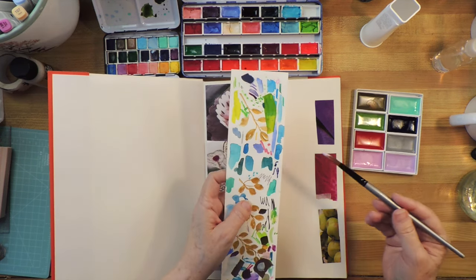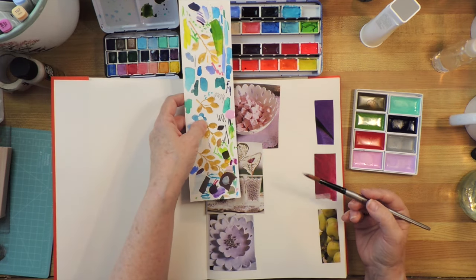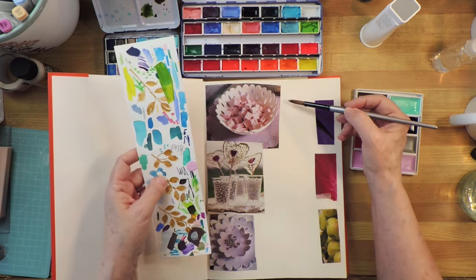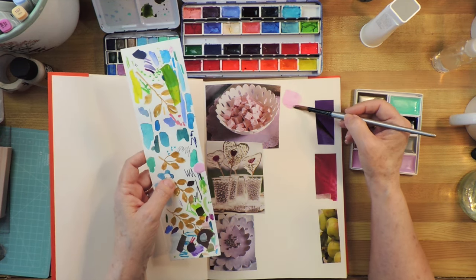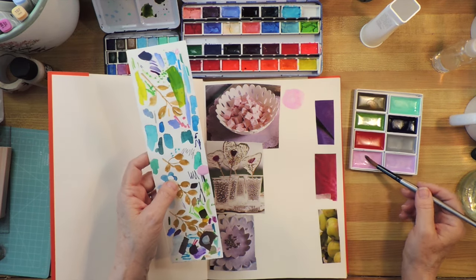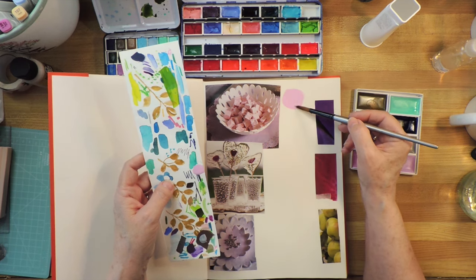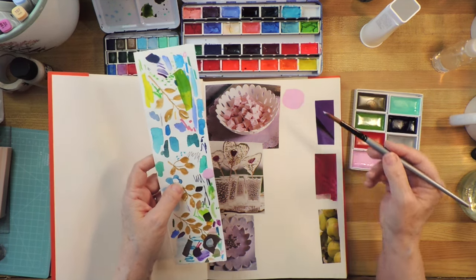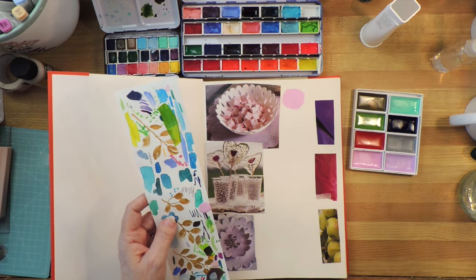And let's see what we get here. I think that's pretty good. So I'm going to use that one to go here. And I'm just going to make a circle. And with this paint, it has a little bit of opacity to it, which means it's a little bit solid, not transparent. So there's one for that one. Now,